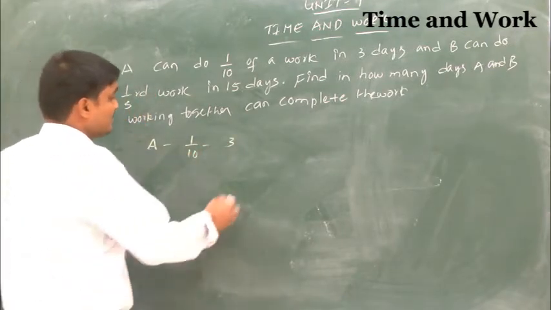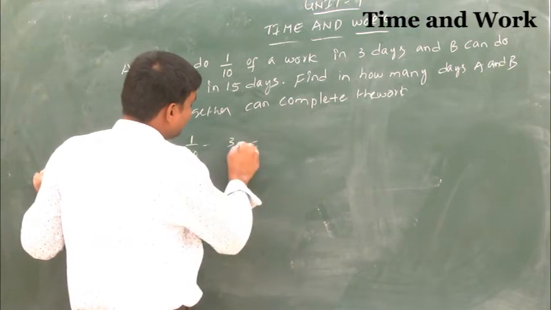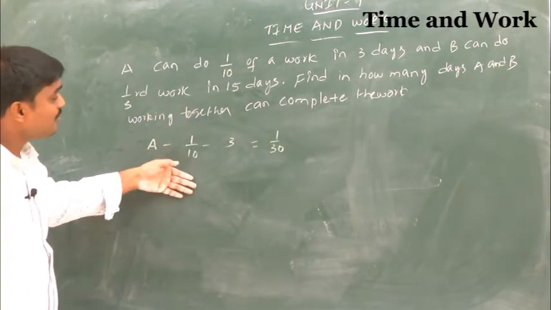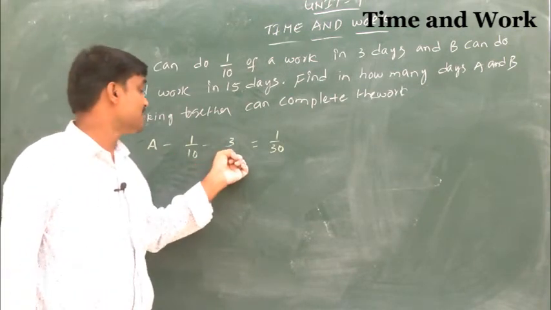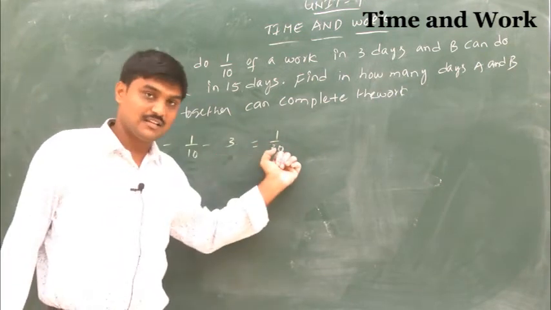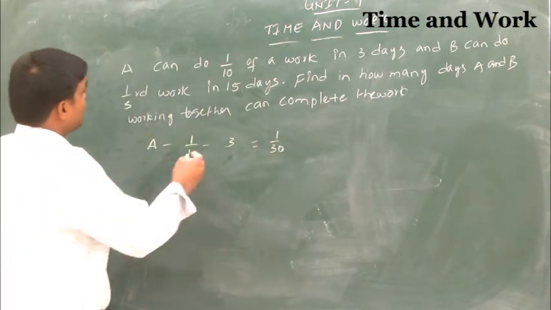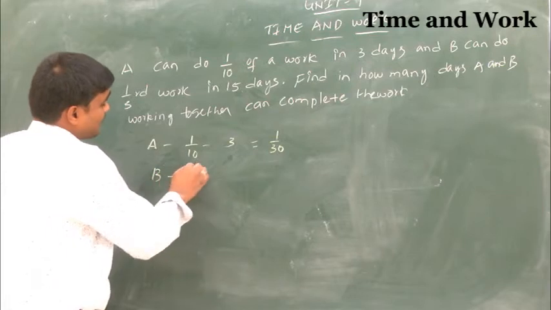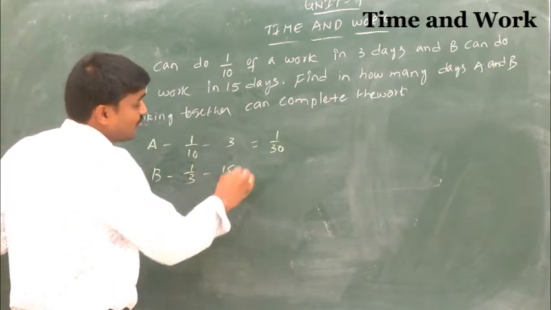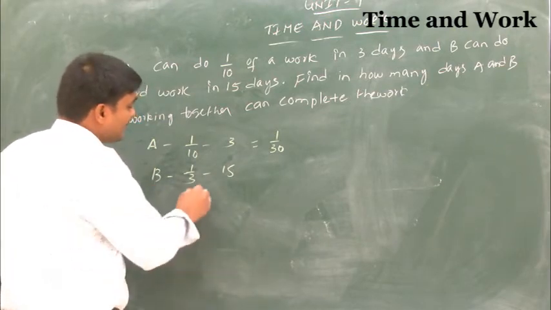So that means A's 1 day work is 1 by 30. 1 by 10th part of the work will be complete in 3 days. So that's why A's 1 day work is 1 by 30. So then next B 1 by 3rd part of work will be complete in 15 days. So here B's 1 day work is